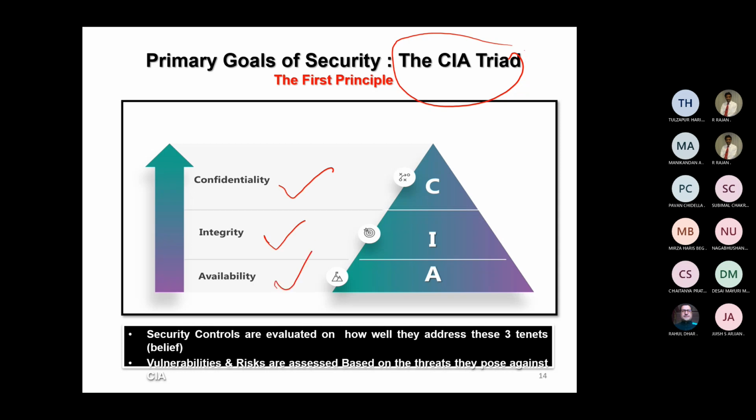Fine. Now, what is confidentiality? Confidentiality means the information or data that is required to be available only to authorized persons shall be made available only to those persons. So when information is required to be available only to an authorized user, it must be available only to that person. If it is known to somebody else, then there is a breach of confidentiality.